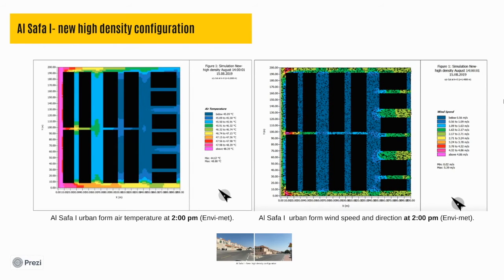Coming to Al Safa 1 area, which represents the high density modern form, it recorded lower air temperature values than the modern sites with low and medium density, and this could occur due to several factors, such as the use of the attached villas, which reduce the amount of surfaces exposed to solar radiation and the heat released by the blocks, and the high height to width ratio, which provides more shaded areas.